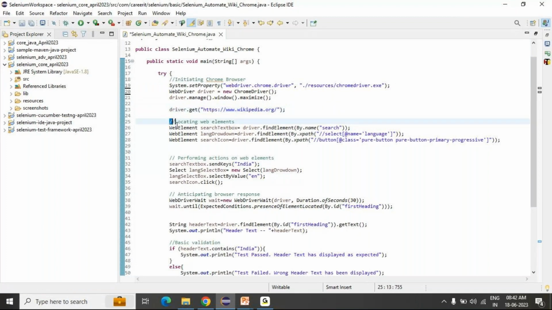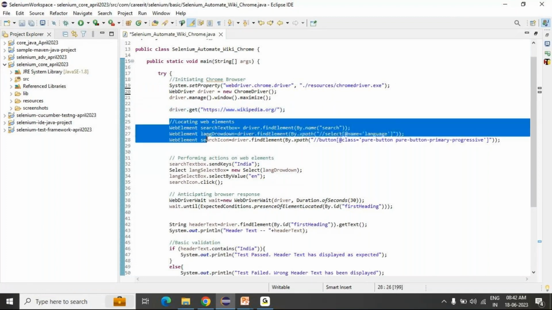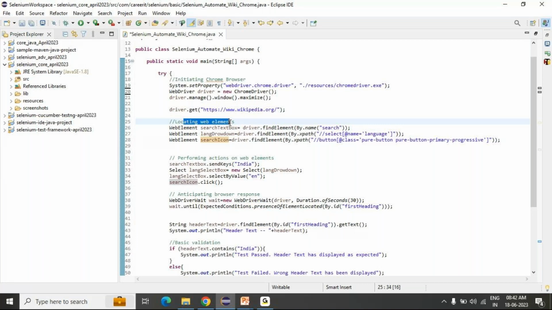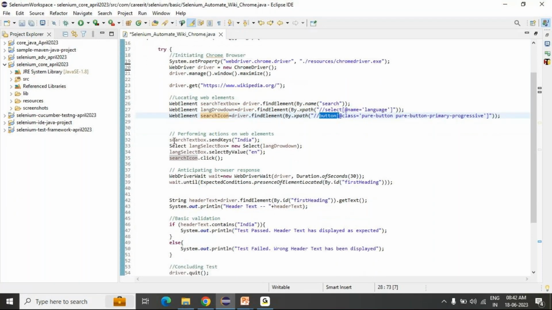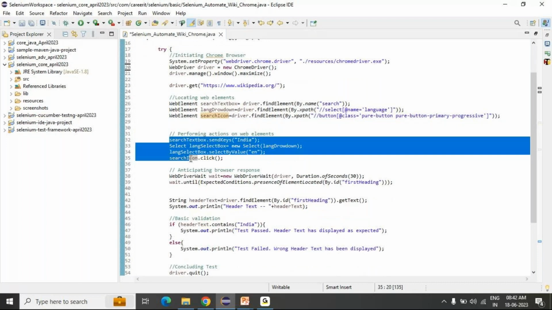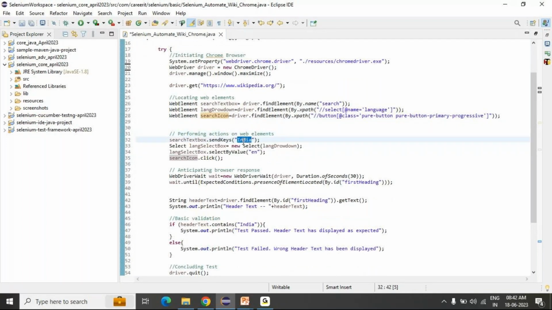These three lines of code are for locating your web elements: the search text box, the language drop down, and the search icon button. These next lines are for performing actions. I'm entering India into the search box, selecting the language English, and clicking on the search icon.